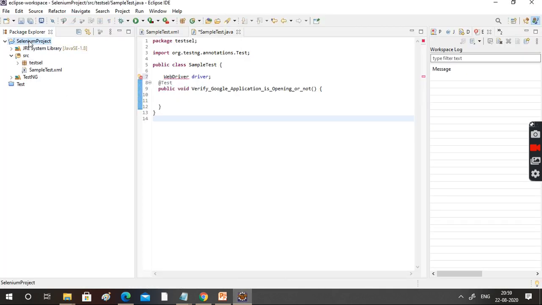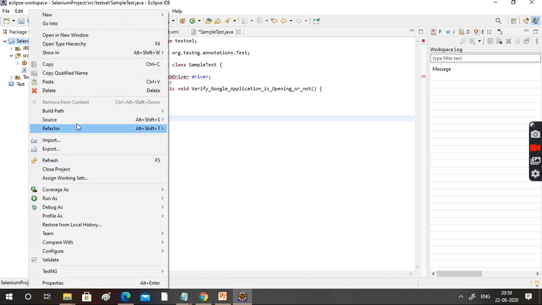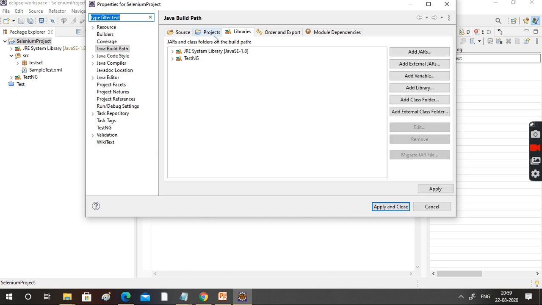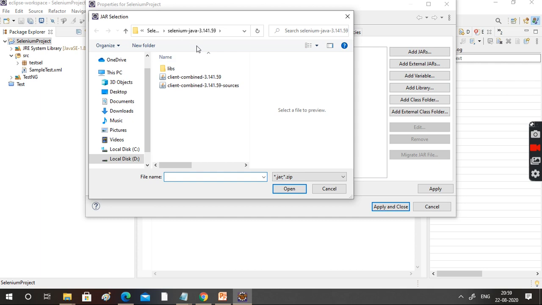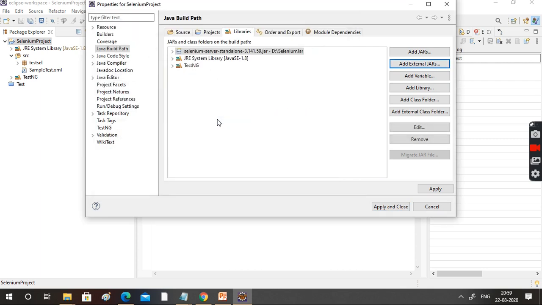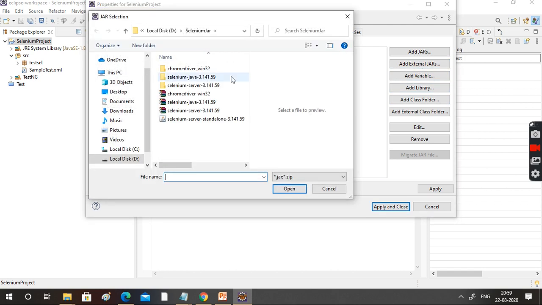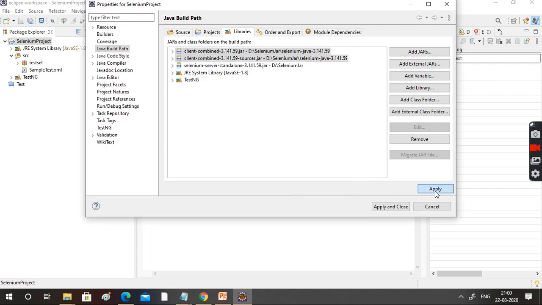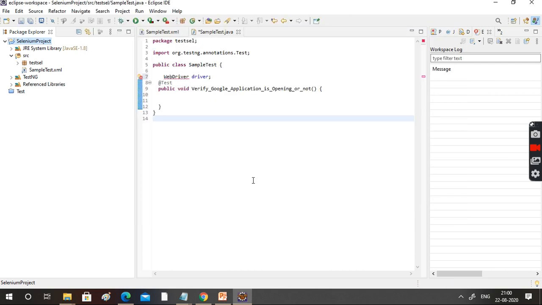Select the project, right click, go to Build Path, Configure Build Path, go to Libraries, Add External JARs. So what are the things I told you? This one is needed, and the second one is Selenium Java. Select all, open, apply, close.